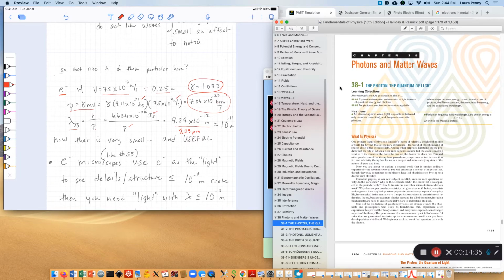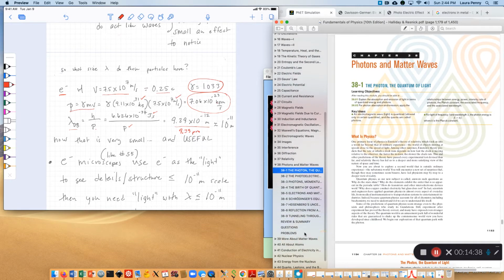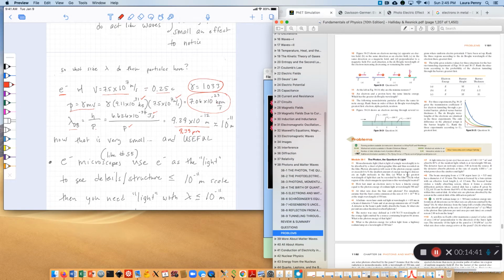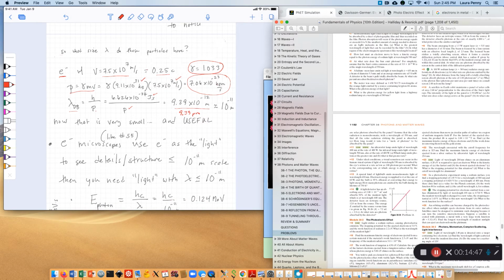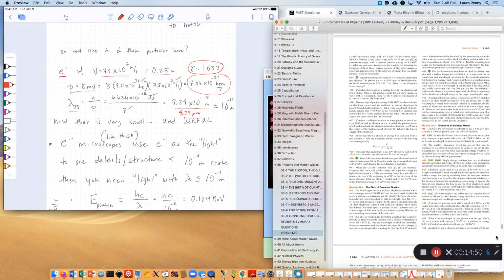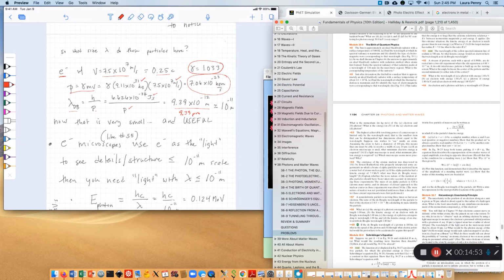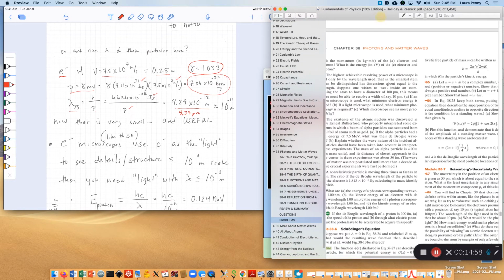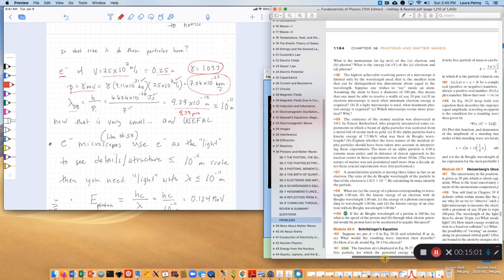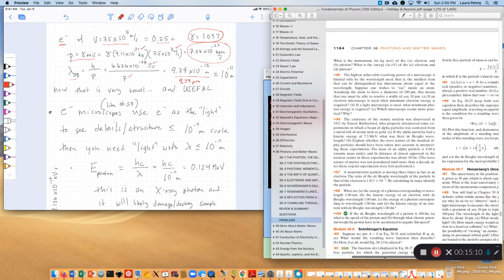In number 55, I made you this one in class, or I kind of do almost like it in here in this thing, but number 55, let's go look at that real quickly. From this chapter, it talks about basically an electron microscope. I don't know how many of y'all have ever really looked at an electron microscope or thought about it, but an electron microscope essentially uses electrons as the wave that allows you to see this very small particle. So electron microscopes use electrons as the light, as the wave, to get details of the structure of something that's